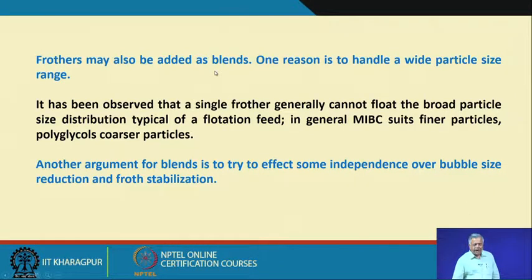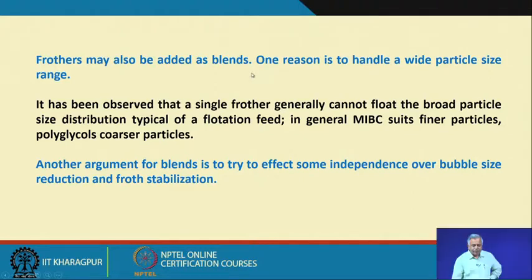Frothers may also be added as blends, like I can have a mixture of two frothers. One reason is to handle a wide particle size range. When you have a wide particle size range, the different particle sizes will have different mass. So, I need different amounts of bubble stability, and I need different rising velocities of my bubbles, because if my bubble rising velocity is too low, what will happen? If it is less than the settling velocity of my coarser particles,